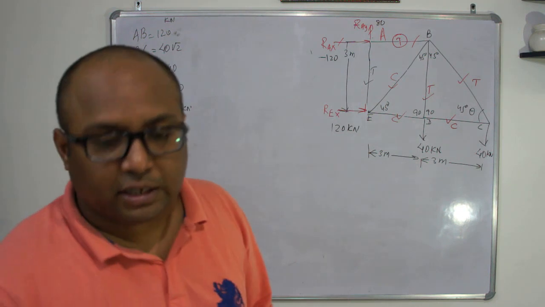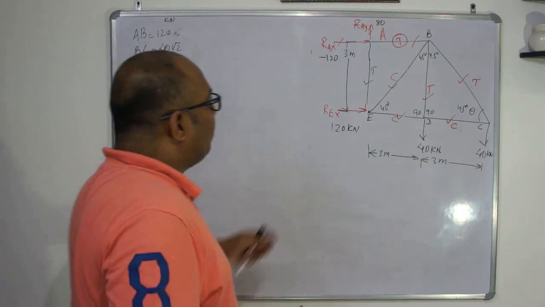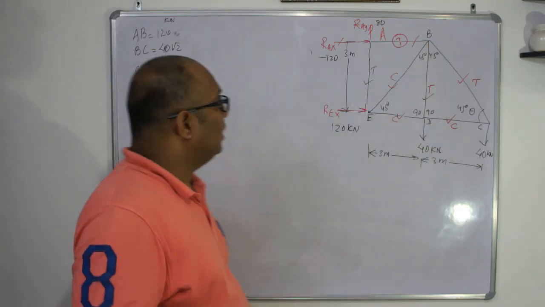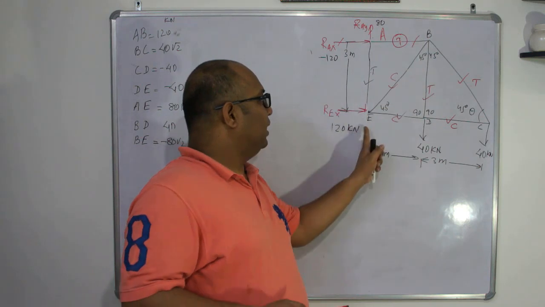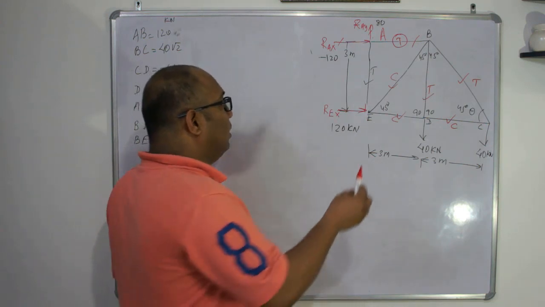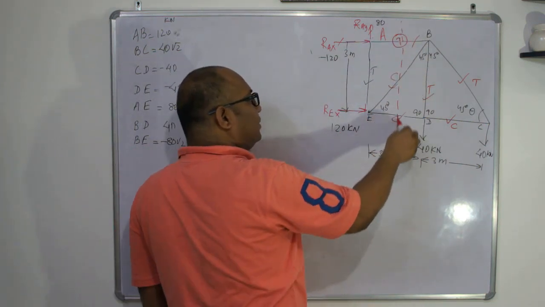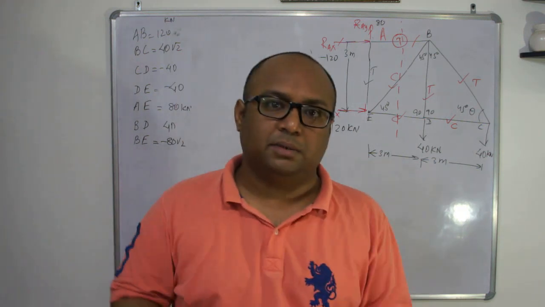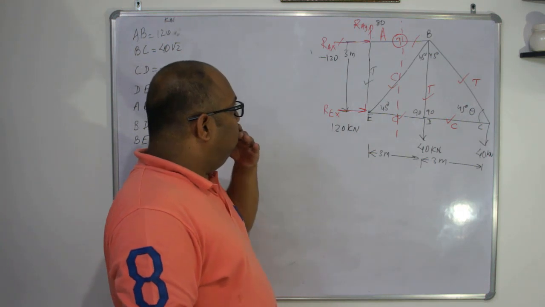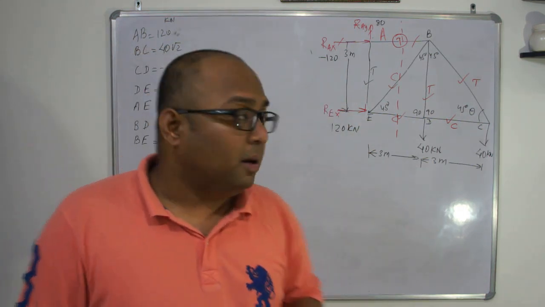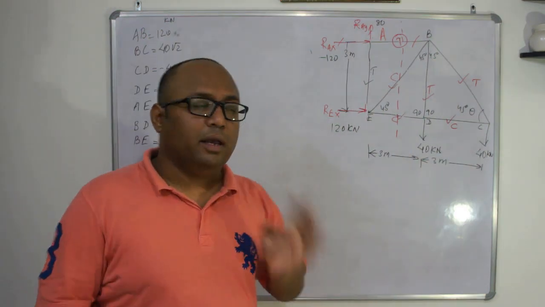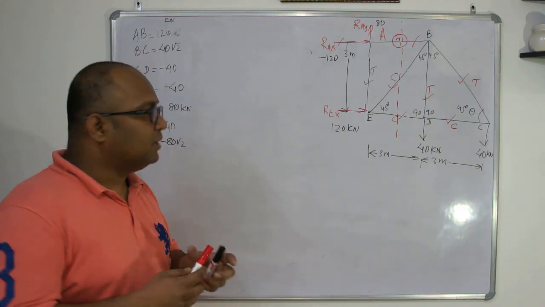Okay, let us go for the section method. Our problem was to find the force in AB, EB and ED. So during the section method, what do we do? We take a section and divide the whole truss into two parts. Choose the part you want. If you choose the left part, in that case you will need the value of the reaction. But if you choose the right part, you don't need the value of the reaction. So I am going with the right part and let's see what the value comes.